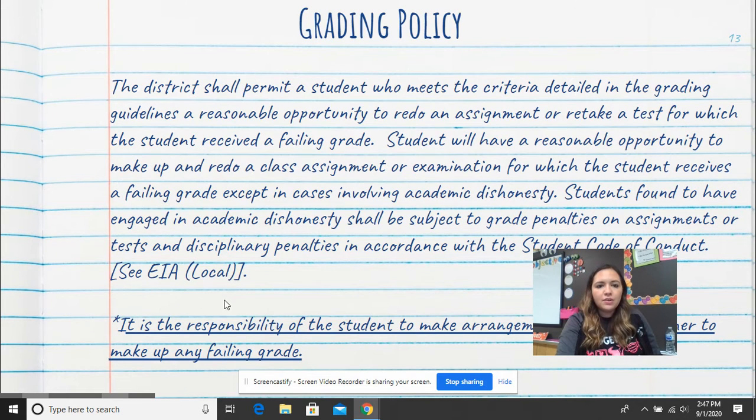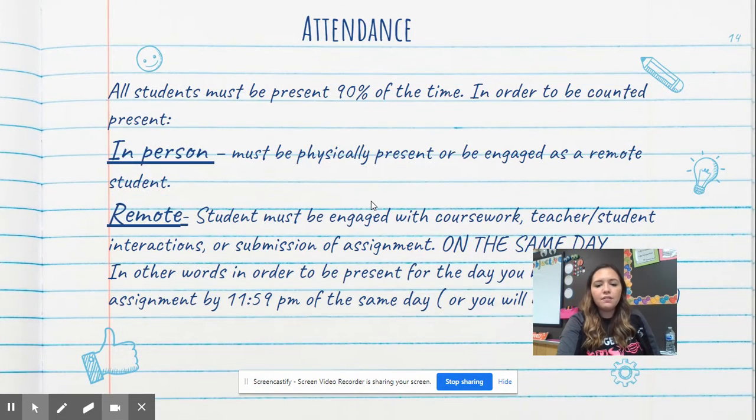All right, so I'm going to go ahead and read this statement. The district shall permit a student who meets the criteria detailed in the grading guidelines a reasonable opportunity to redo an assignment or retake a test for which the student receives a failing grade. Student will have a reasonable opportunity to make up and redo a class assignment or examination for which the student receives a failing grade, except in cases involving